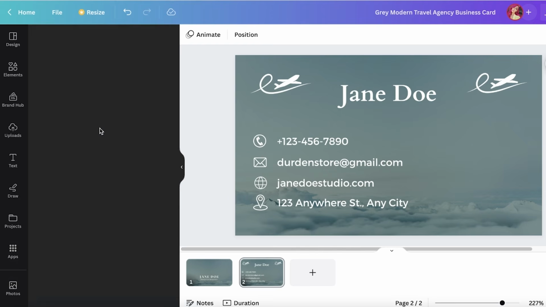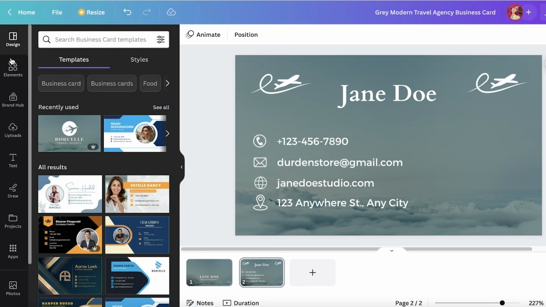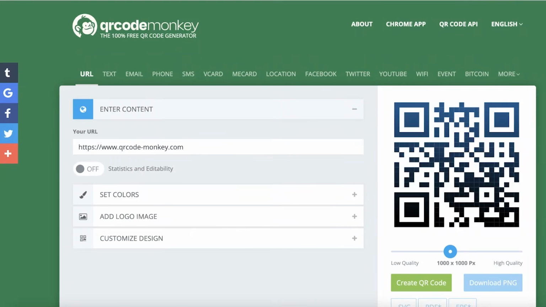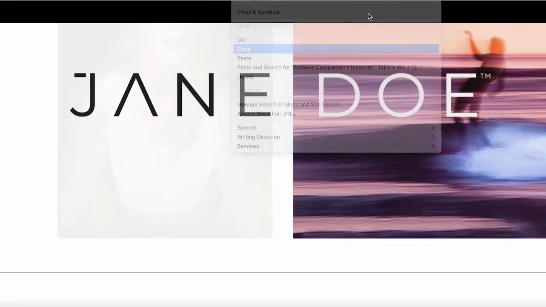Now, this can be a little difficult. You have to create an account and sign up. So, just for ease of use, I like to go with QR Code Monkey. So, it's qrcodemonkey.com. Over here, I don't have to sign up and I just go onto the website, copy the link of my website,